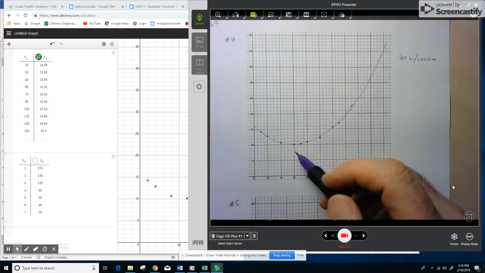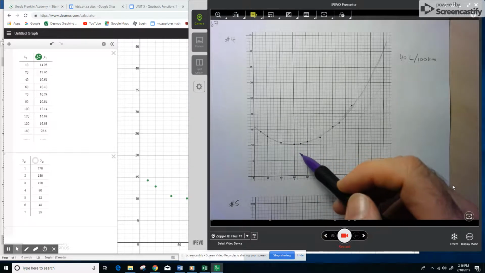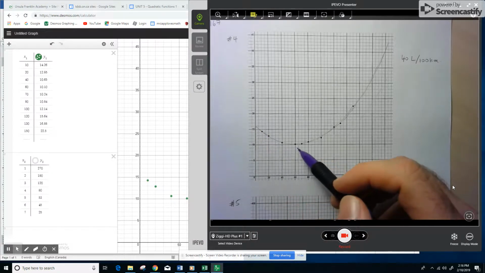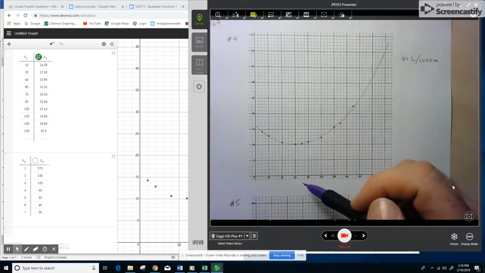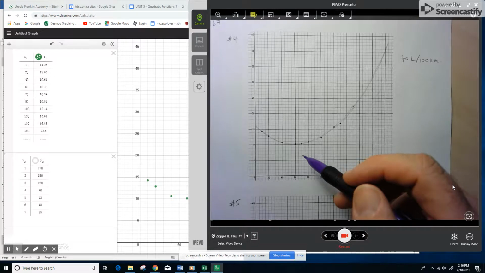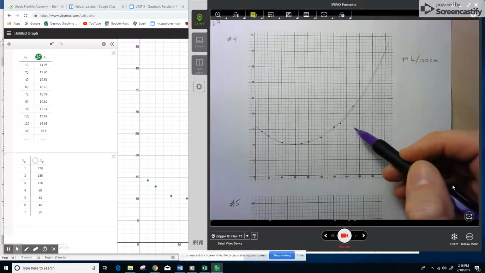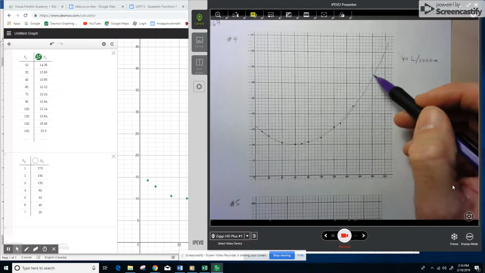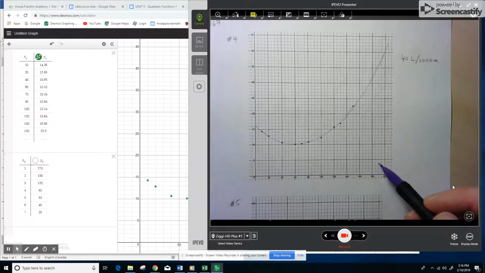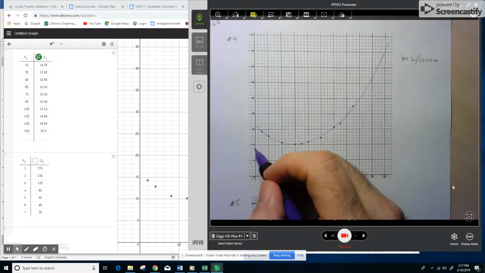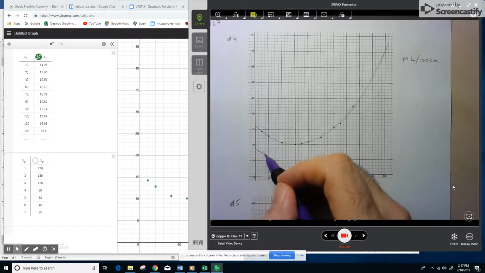Now by the way, it's pretty reasonable that at around 60, 70 kilometers an hour is where you get the best fuel economy. That's usually how it works, whereas if you're driving very slow, not so great, and the faster you go, it gets worse and worse. But I would say that a car that has good fuel economy not only would have lower values, but wouldn't start increasing so quickly as the speed got higher and higher. So I would say not only would the values be lower, but this curve should be